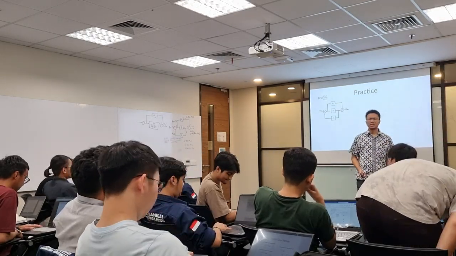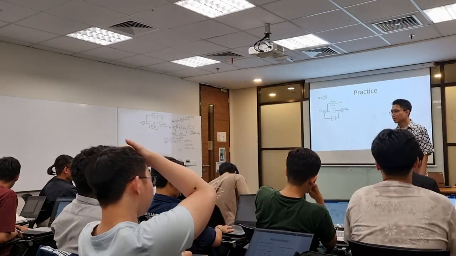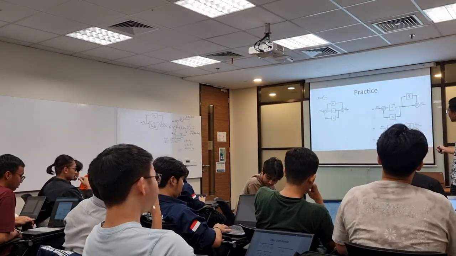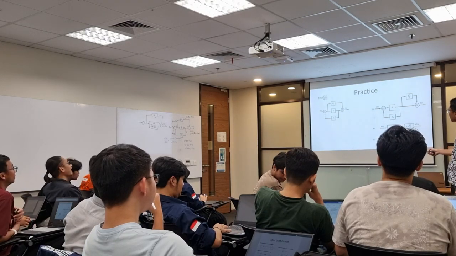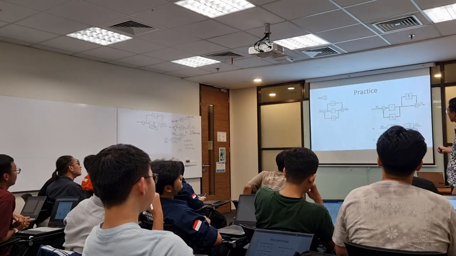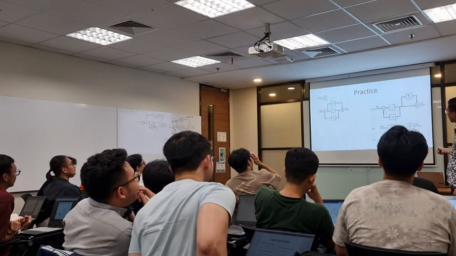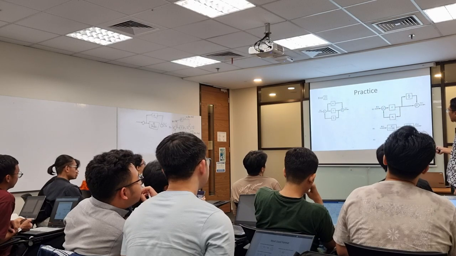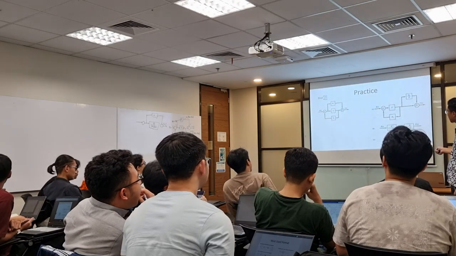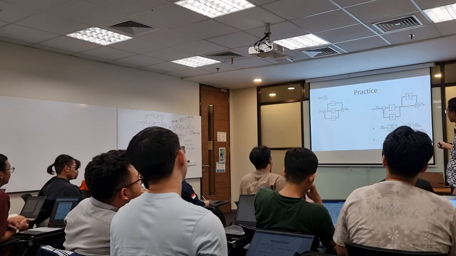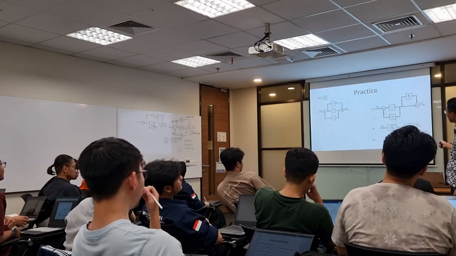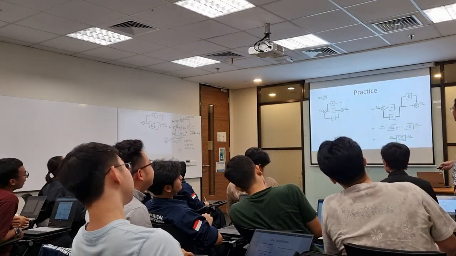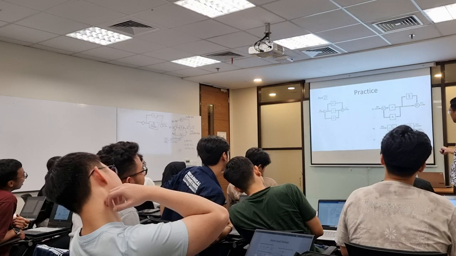So let's see. The first method is you use the table for the manipulation. Okay. What do we do? The first thing is we move this junction ahead, so that you can get a closed loop here. This one is closed loop, right? So this closed loop becomes this one, and then the summation of each one GN becomes this one. And then finally you just have to multiply this one.